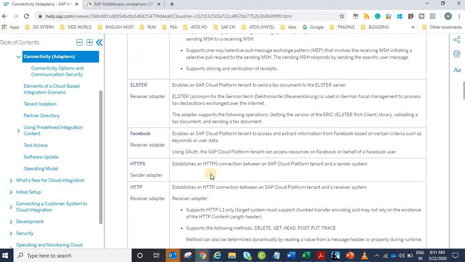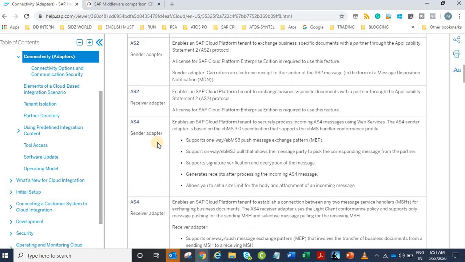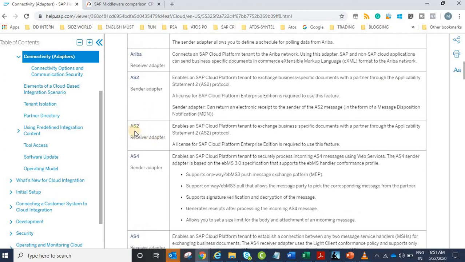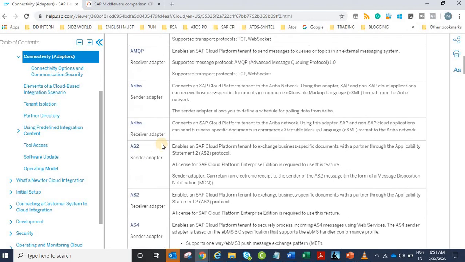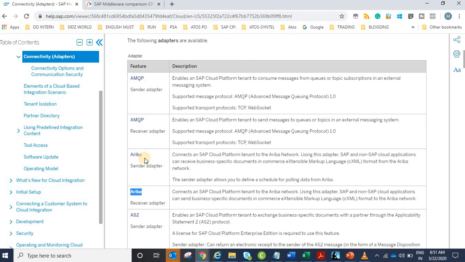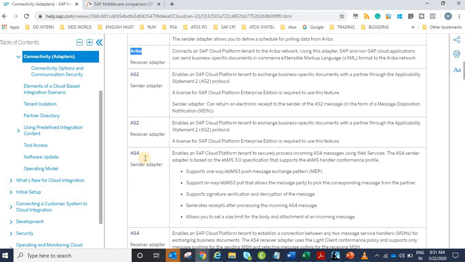Along with that, we have the Facebook adapter, Twitter, and all the social media adapters. Apart from that, there is a third-party EDI adapter, AS2, that is also available. Then these are all cloud applications: Ariba, SuccessFactors, Concur, everything is given here.